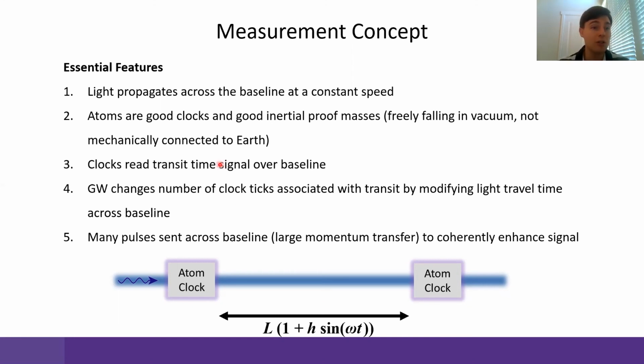First, the atoms are in free fall during the interferometer. They're not mechanically connected to the Earth, so they're insensitive to the seismic noise that limits LIGO in this frequency band. Second, single photon interferometers performed on narrow optical transitions are insensitive to laser frequency noise. This means that an atom interferometric gravitational wave detector would need only one arm rather than two. This property could be especially important for future gravitational wave detectors in space.